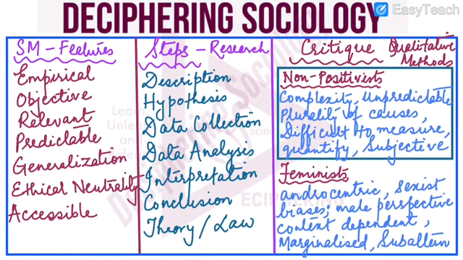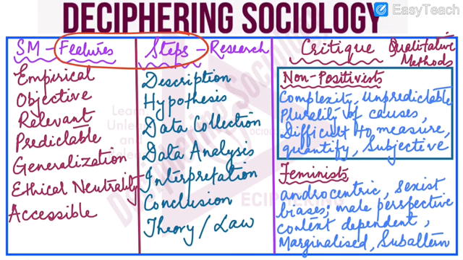Now, scientific method, what are the features and what are the steps? These two are confused very often. In the answers it is seen that features and steps are interchanged. Many times when the features are asked, the steps are written. So what are the features? Features means what are the qualities or characteristics which define scientific method.